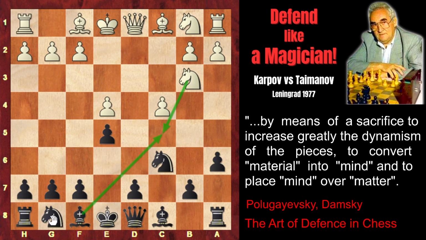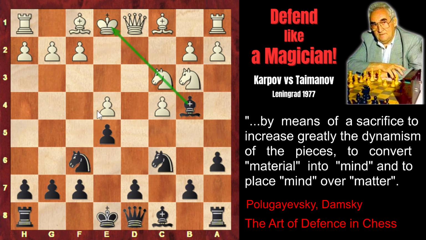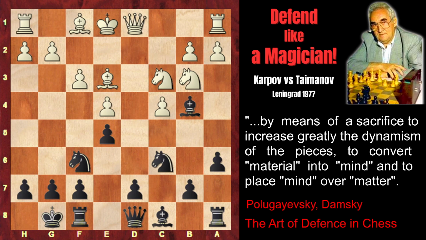invading it. Taimanov develops his knight, attacking the pawn, Karpov defends it, knight c3, and bishop b4, pinning the knight. That means the pawn again is under attack. And Karpov, of course, consolidates his center, f3. Taimanov castles kingside. Karpov develops his dark squared bishop, d6, opening the light squared bishop's diagonal, and